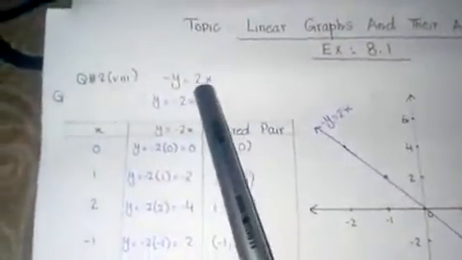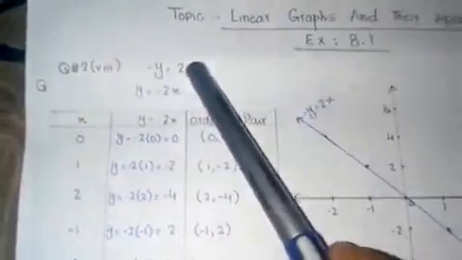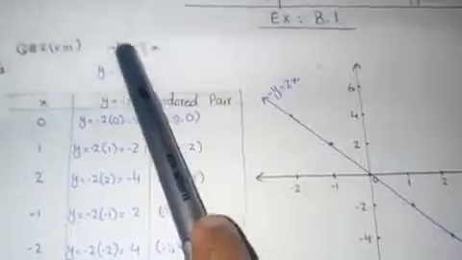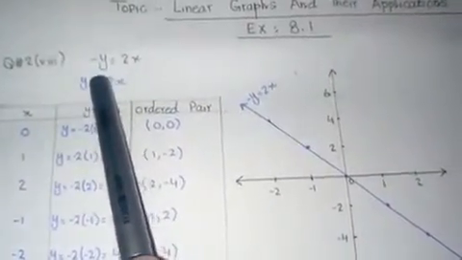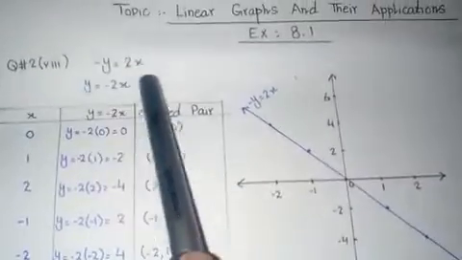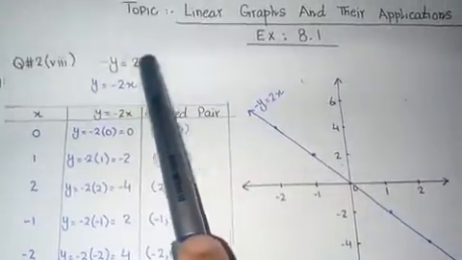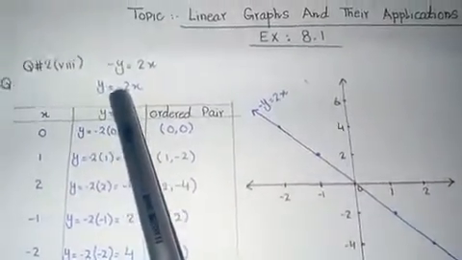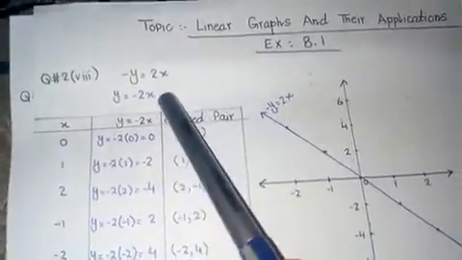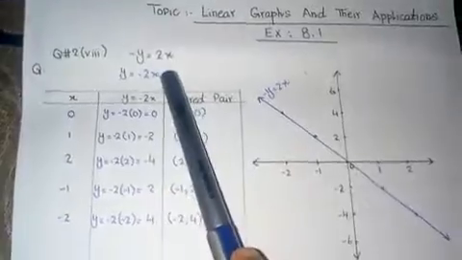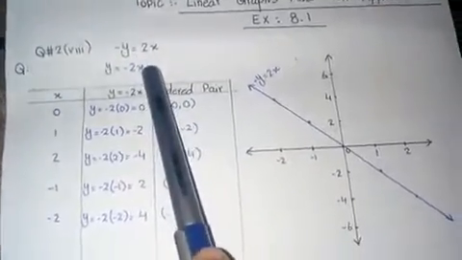Here this is the question, minus y is equal to 2x. First of all, you will definitely know that the variable should not have a negative sign. So I moved this negative sign to the right hand side. It becomes y is equal to minus 2x. Clear? Now I have told you in my previous videos that whenever there are two variables x and y in